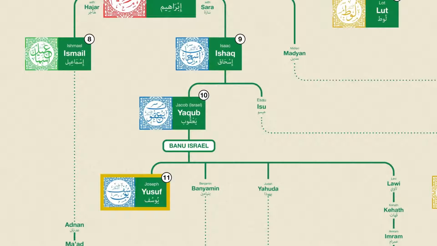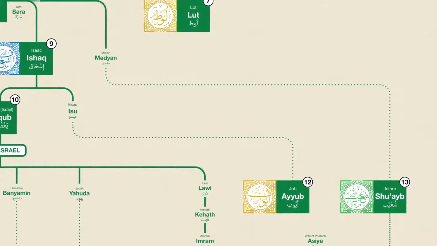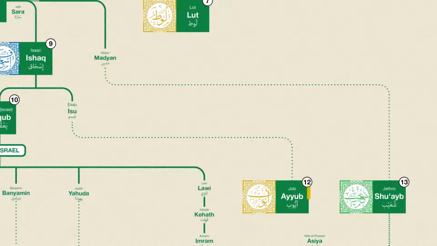To make a long story short, he ends up correctly interpreting the dreams of the pharaoh, for which he is then made vizier, or prime minister, of the entire country. The next 2 prophets do not come from the line of Yaqub. In Islam, Ayub, who is known as Job in the Bible, is thought to have been a descendant of Yaqub's brother Al-Alyas, aka Esau, whereas Shuaib is thought to have been a descendant of another son of Ibrahim, known as